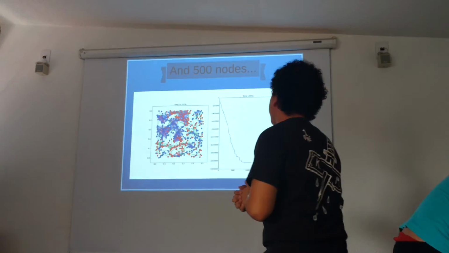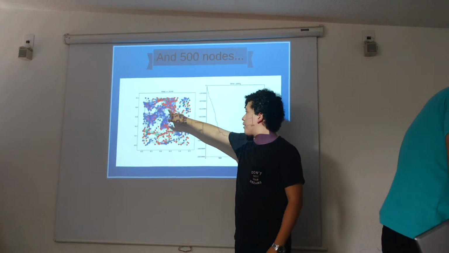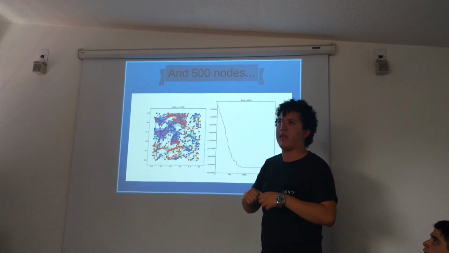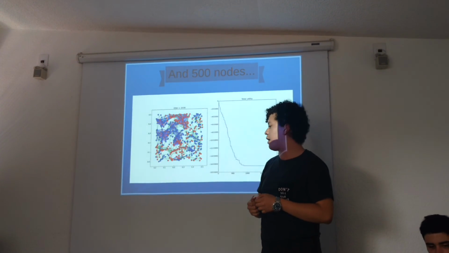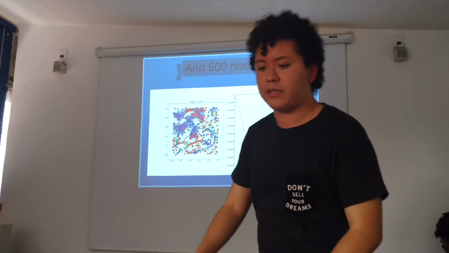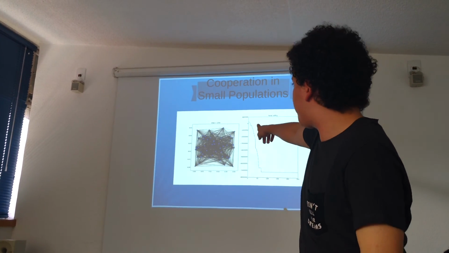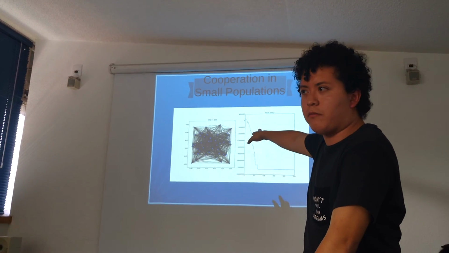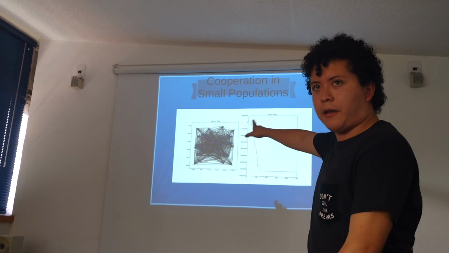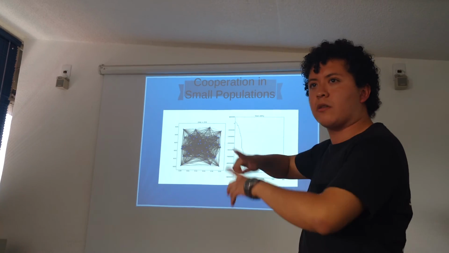Sorry. I need to represent the strength of the connections. The green connections are weak connections. Blue connections are the medium strong connections. The red connections are strong connections, and the black connections are the very strong connections. If you see, in the 50 nodes, all the connections are black. That is a very strong connection. In 5 and in 15, all the connections are black, and it's a complete graph. All the nodes are connected with all the nodes.